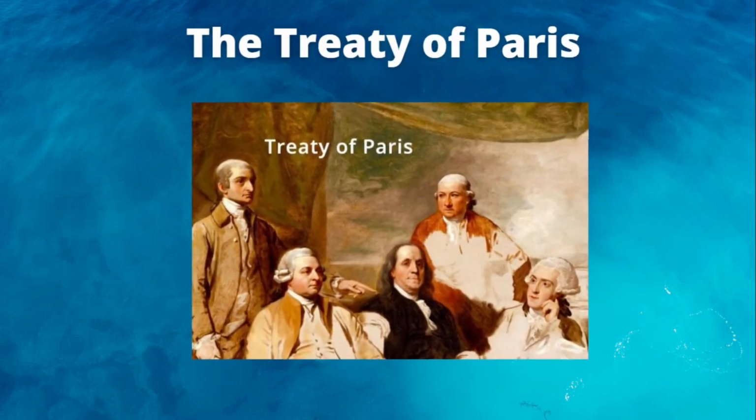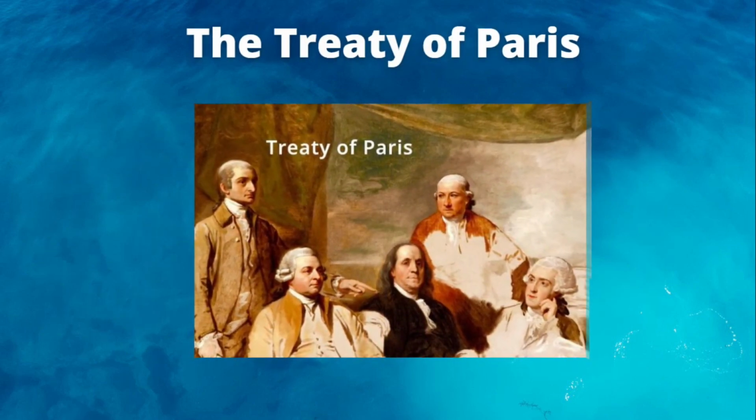The Treaty of Paris. In March 1782, Parliament voted to begin peace negotiations. John Adams, Benjamin Franklin, and John Jay conducted most of the negotiations for the United States. On September 3, 1783, three treaties were signed between Britain and the United States and between Britain and France and Spain. In the final settlement, known as the Treaty of Paris, Britain recognized the United States of America as an